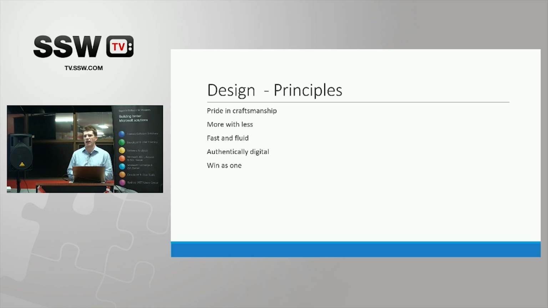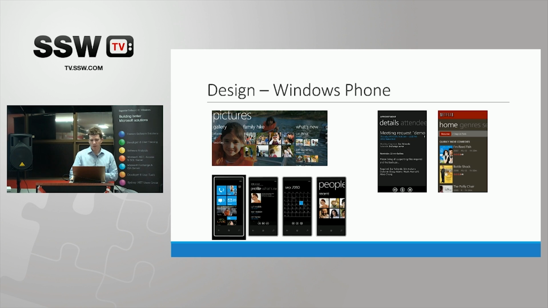So actually thinking about how you can make minor changes to your application, assuming it's on other platforms, to bring it to Windows Phone and make it look like it belongs on the platform will yield a good result in terms of user adoption. So we talked a little bit about the theoretical side of things. If we start to look at the practical side of designing for Windows Phone, some of the core differentiators of